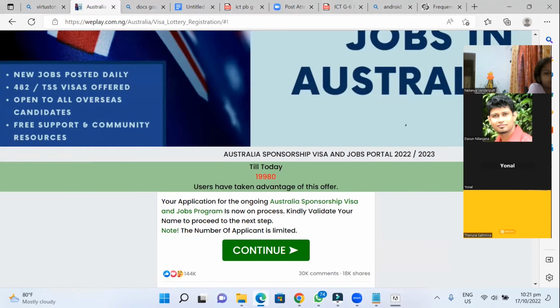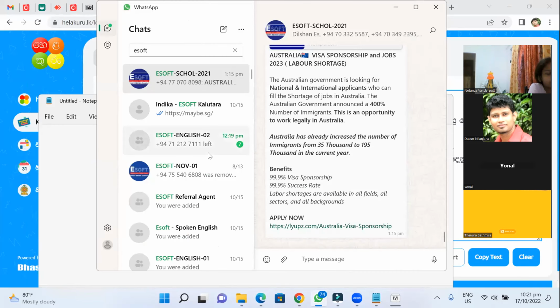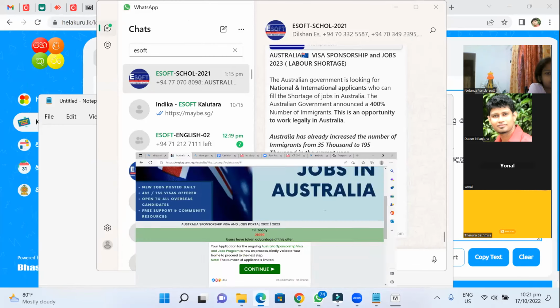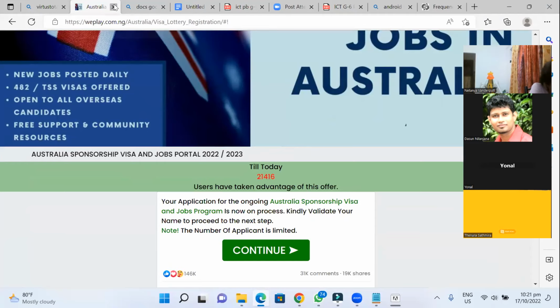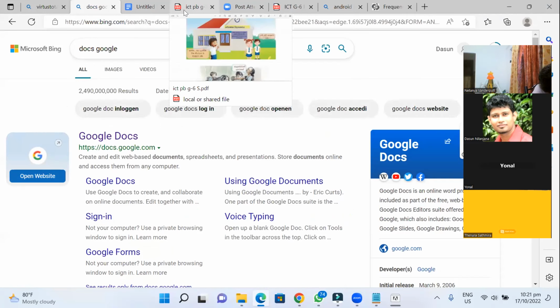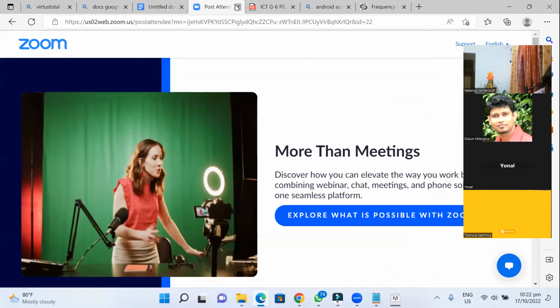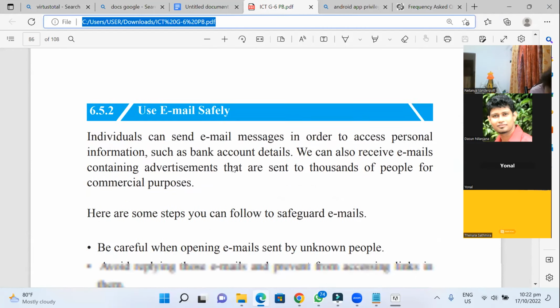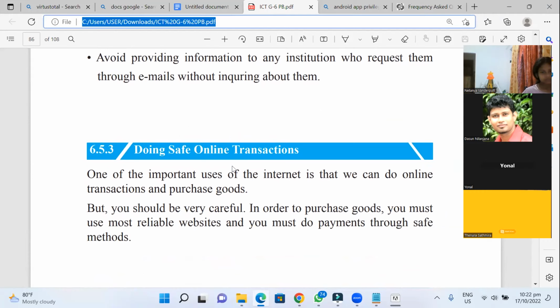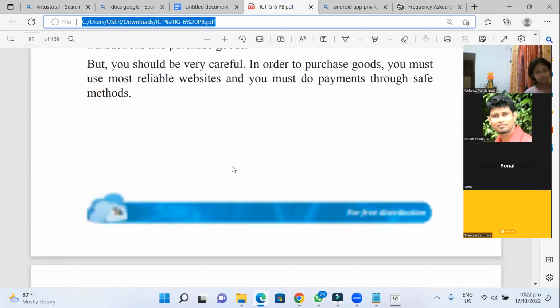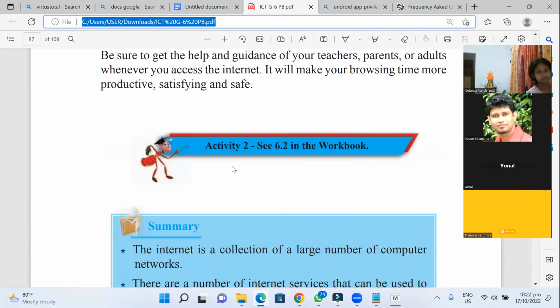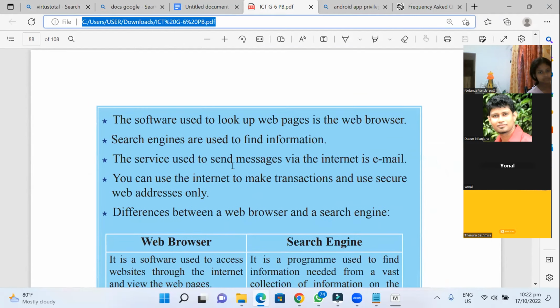All are not genuine. Everyone is not genuine. So you have to be safe. You have to really think before you do something, because this environment is not safe. Right? Okay, now you have a proper idea about this. We just discussed the password. We learned the safe environment, online transactions, and how to do safe transactions. That is about the lesson.